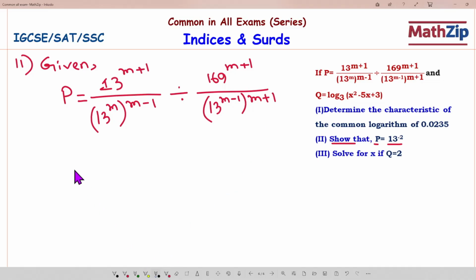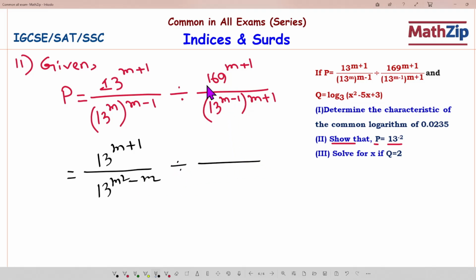So we are trying to solve this step by step. First, this is 13 to the power m plus 1, and here 13 to the power m times m minus 1, we can write m square minus m,